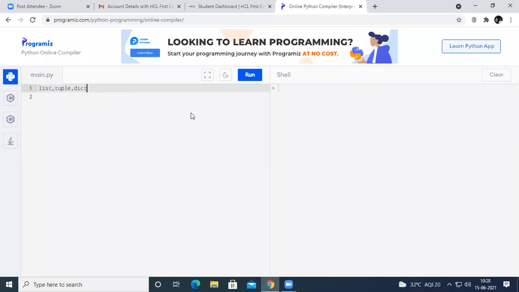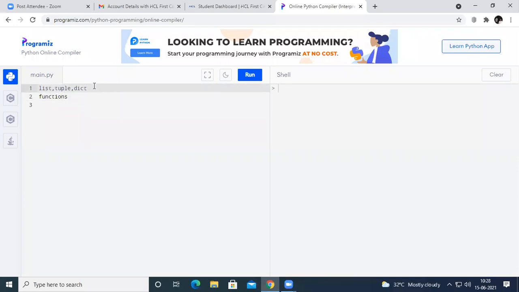We had seen what a list is, how the elements in the list can be accessed, what index values can be given to each and every element in the list, how we can delete the elements in the list, or how we can change them. All these things we covered while discussing data types in Python. So here in unit number 3, as I said earlier, there are 2 parts. The first part consists of the things related to list, tuple, and dictionary, and the second part consists of the things related to functions.